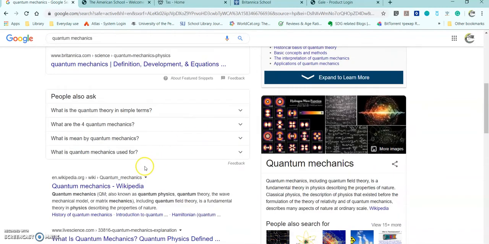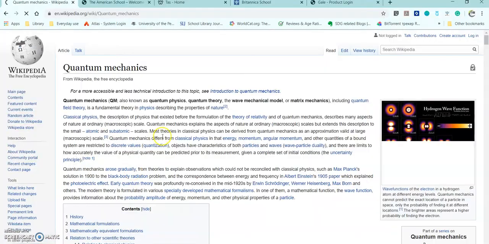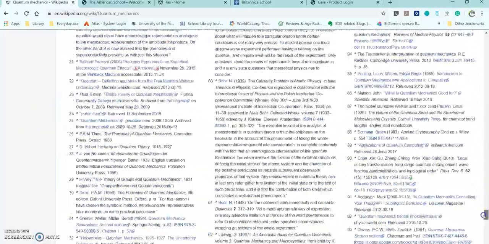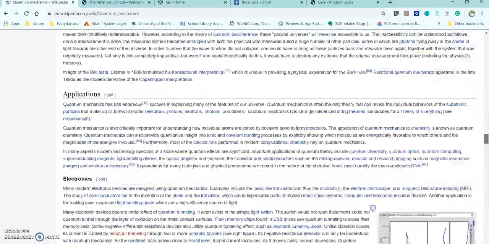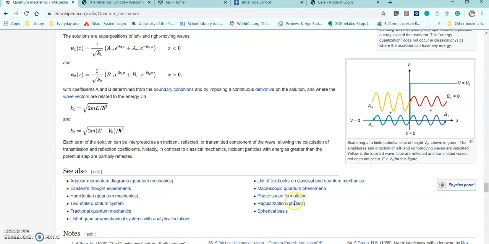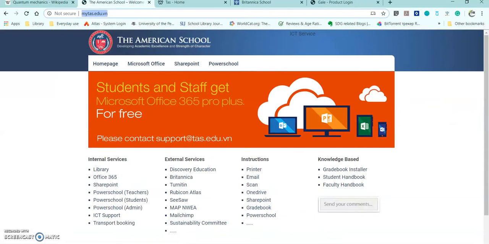for a homework. Yeah, sure, you can begin with Wikipedia, and that can give you a general idea on where to begin. But if you don't know how to access the reference information at the bottom of the page of Wikipedia, and you don't know how to search for those notes and reference and do all the work, it's going to be hard. So what the school does for you is in the My TAS website, you have the link